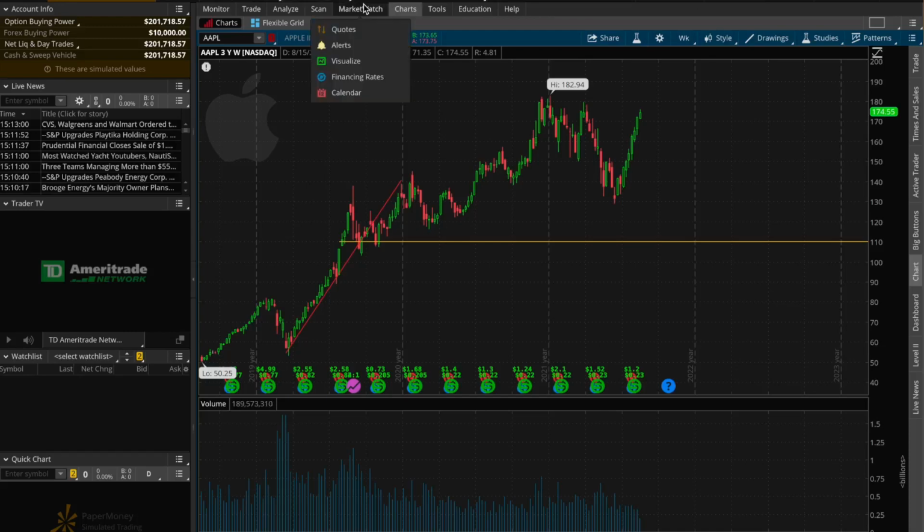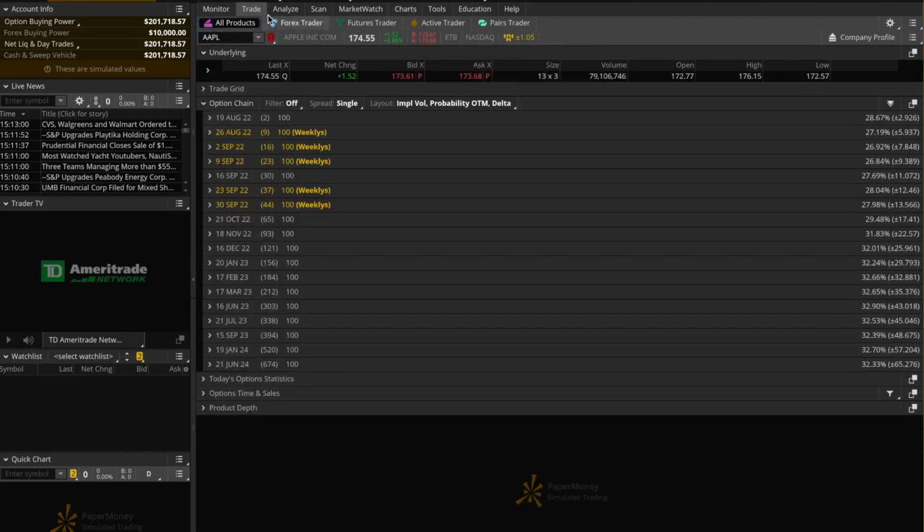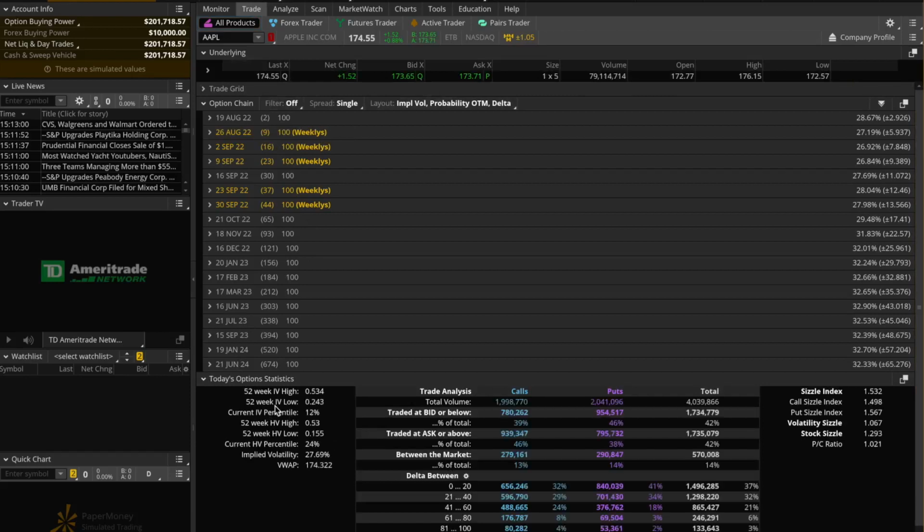Okay, so that's if you want to trade right off the chart. If you want to trade stocks, if you want to look at options, you come over to this Trade tab, where you've got basically your options chain for the different ticker. You've got your volume, your spread information, and it gives you really awesome options information for what the current IV rank